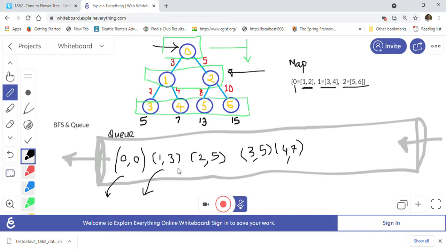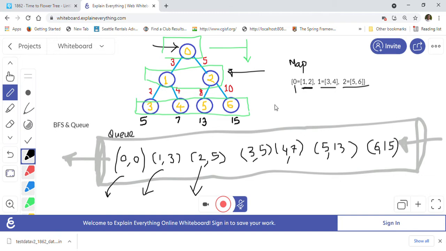So when we are taking out this 1 comma 3, now we will take out this 2 comma 5. So 2 comma 5 we are pulling from the queue. So we will add 5 comma 6. For 5 the distance will be 5 plus 8, which is 13. So let's just add that: 5 comma 13 we will say here. And for the 6 the distance is 5 plus 10, which is 15, right? So for 6 our distance, meaning time, will be 15, because 5 plus 10.